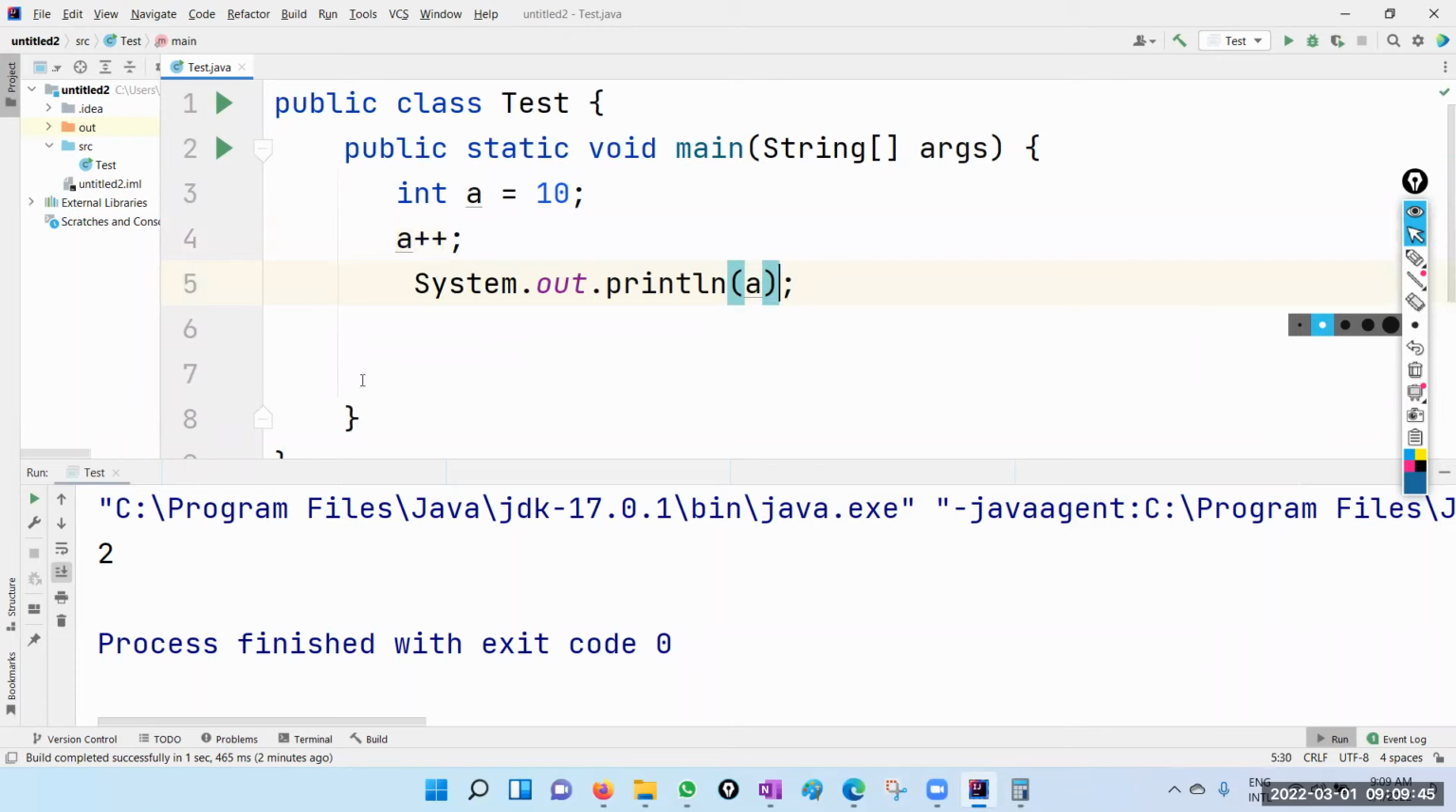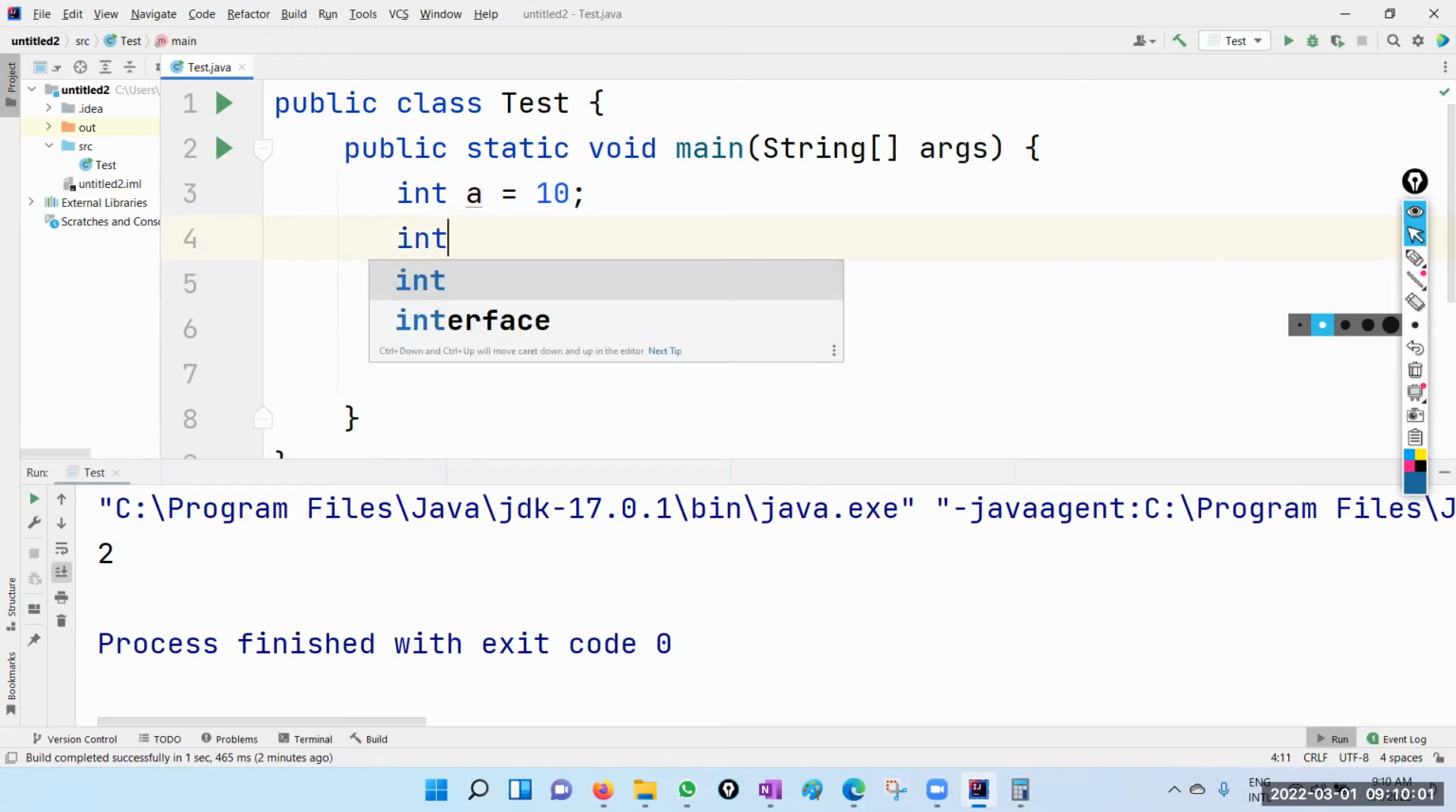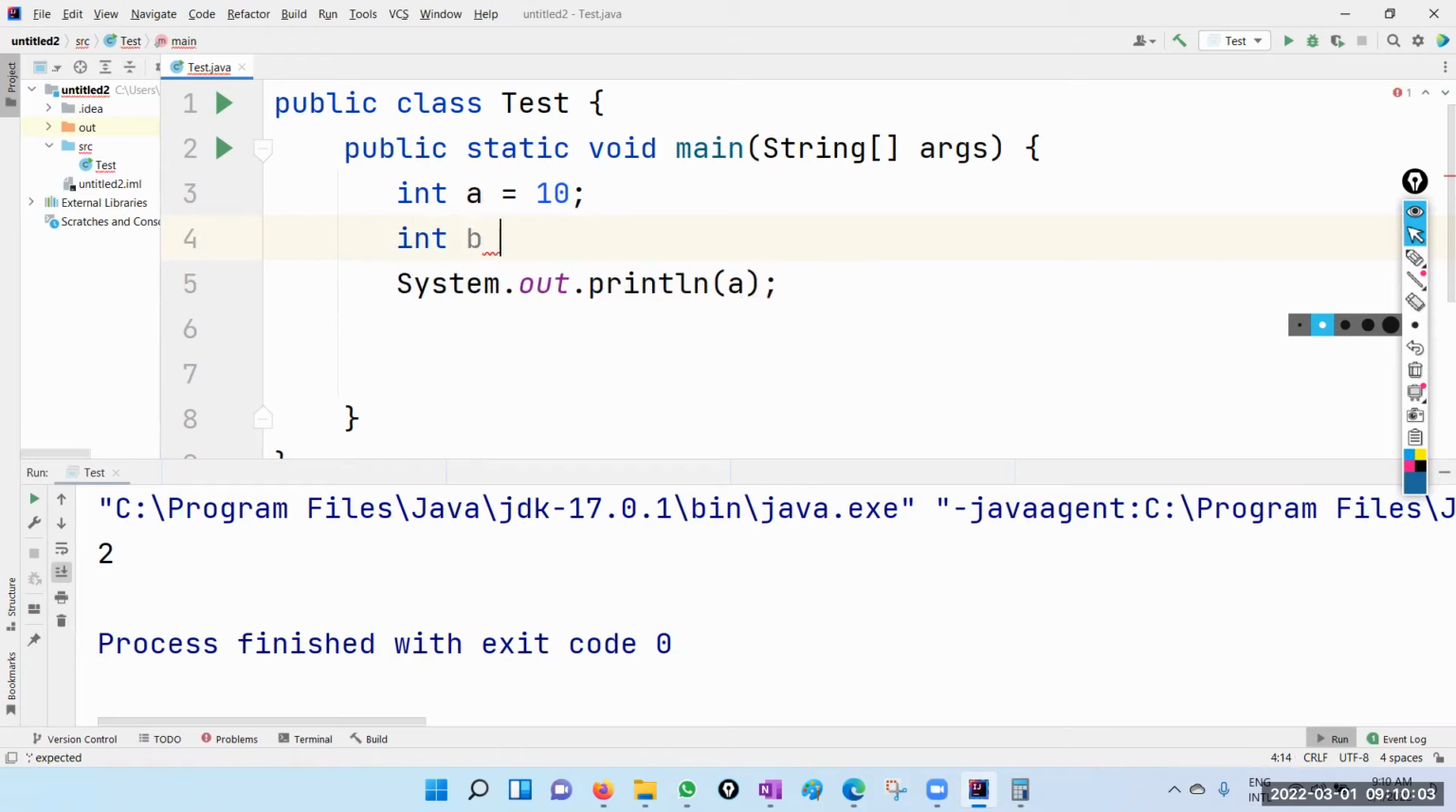So it will be 11. දැන් මෙයාගේ මෙහෙම ලියන එකේ වෙනසක් නැහැ. Whether you write a plus plus or plus plus a is the same result, but it has a meaning when you assign. ඒක තමයි examiner අහන්නේ. examiner අනිවාර්යෙන් ඔක අහනවා. say int b equal